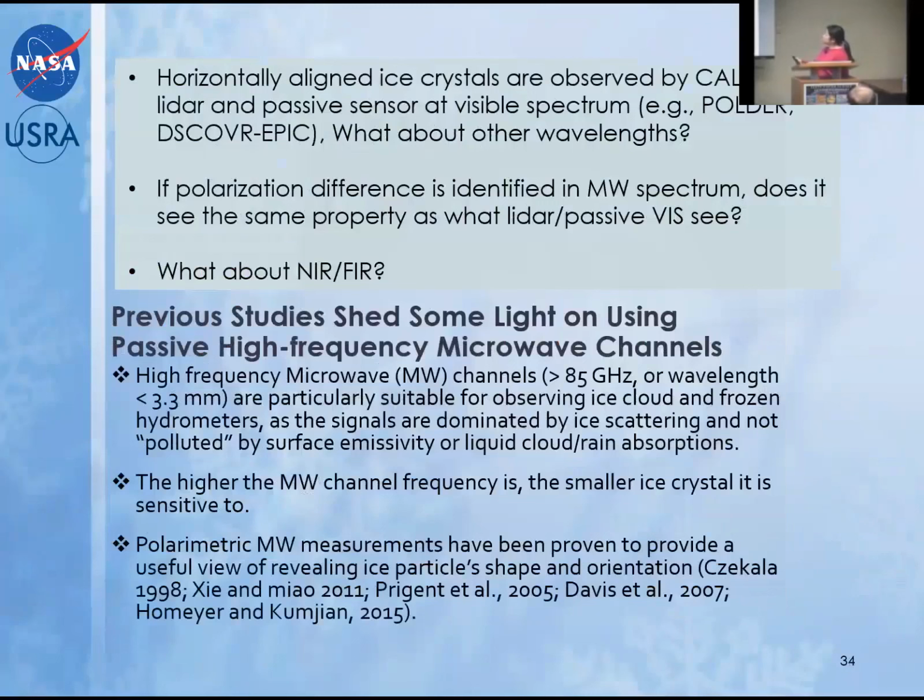This is also seen from other active sensors like CALIPSO and passive sensors like HOLDER. They all see horizontally aligned ice crystals. But remember, what they see is very small ice crystals, because CALIPSO, HOLDER and EPIC all work in the visible light range. If a polarization difference is identified in the microwave spectrum, does it see the same property we see from the lidar or passive visible light? And we can even ask, what about near infrared and far infrared? These are some literatures that discussed the microwave